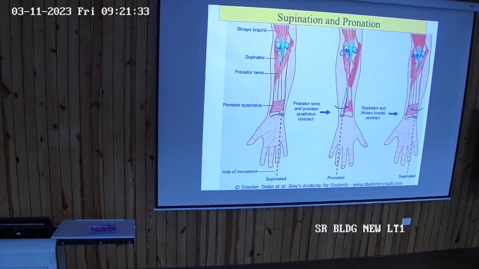Now the last and the most important topic for this class is supination and pronation. A short note is usually asked on supination and pronation. I think all of you are aware what supination and pronation are. Why do we need these movements? Basically, why are these movements required? Very important movement. You pick up the food and take it to the mouth, so supination and pronation is required.